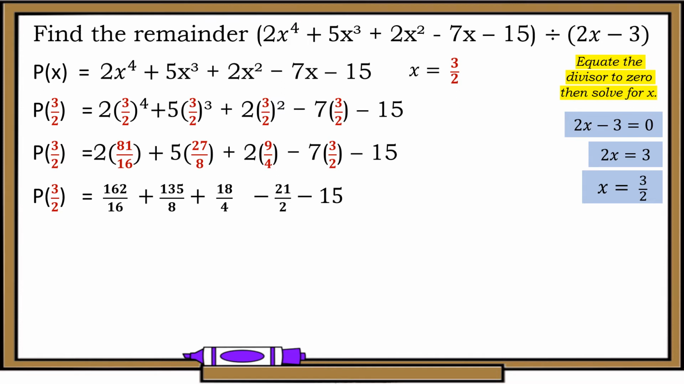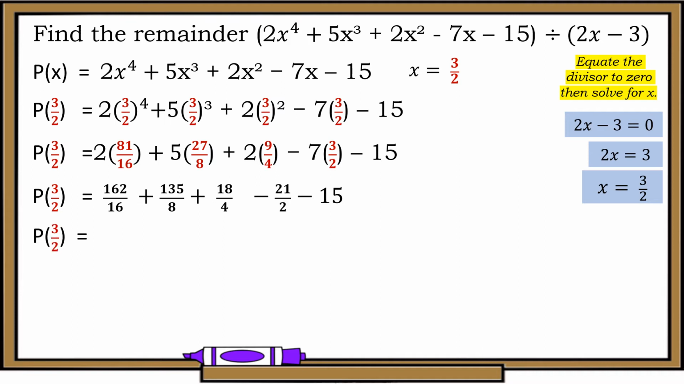Okay, so tatanong nyo, bakit 16, bakit 8, bakit 4, bakit 2? Kasi yung 2, puro mga whole number yan. And we all know that the denominator of a whole number is 1. So, i-multiply mo lang 1 times 16, 1 times 8, 1 times 4, 1 times 2. Next,